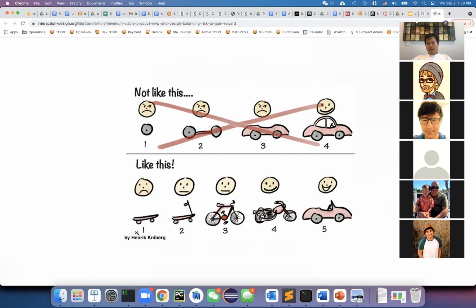More importantly, every time you move from one version to another, it doesn't seem to be that intimidating, right? So from here to here, it's easy. You already have most of the things done. From here to here, not too difficult. Change to a bigger wheel and reset some of the parts. And from here to here, you just need to add a motor and see how to get all the motions connected.